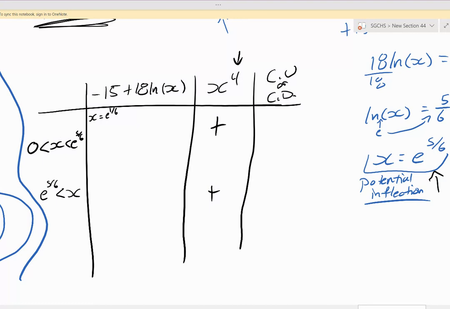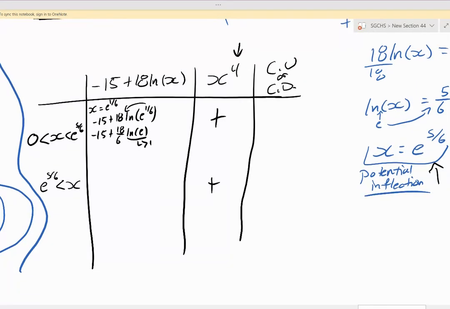Something nice and simple. So negative 15 plus 18 ln e to the 1 over 6. And now I can take out that 1 over 6 and get negative 15 plus 18 over 6 ln e. Remember, ln e is simply 1. 18 divided by 6 is 3. So negative 15 plus 3, that gives me a negative value. So now a negative and a positive give me a negative. So this is concave down